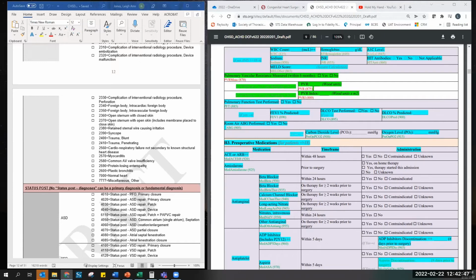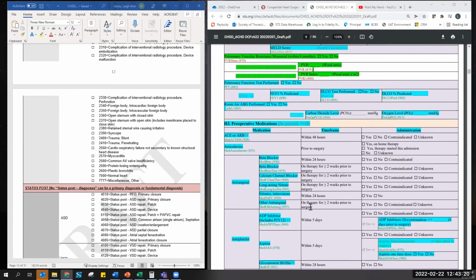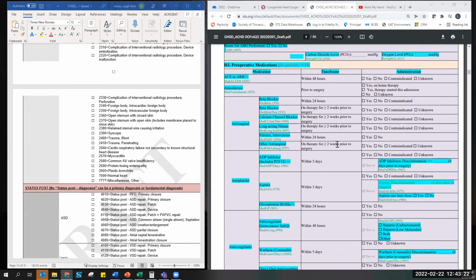Okay, won't these pre-op meds overlap what anesthesia enters for their preoperative meds? So yes, you are correct. There is some overlap. However, not all programs do the anesthesia database, so there wouldn't be overlap for them. For the programs that do the anesthesia database within the congenital database, the timeframes are a bit different. Remembering, by and large, outside of aspirin and I think heparin, everything is within 24 hours prior to going to the OR. Whereas if you look at the pre-op meds listed here for the 18 and older patients only, you have things that are within 24 hours